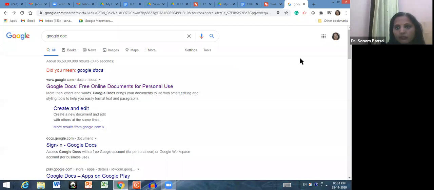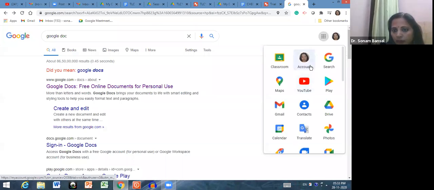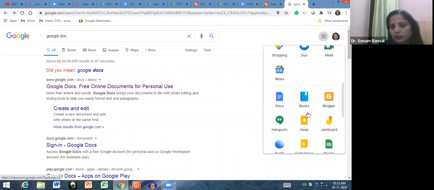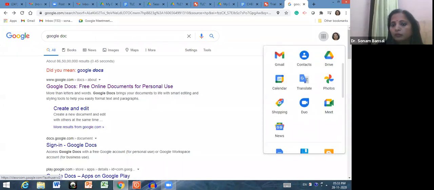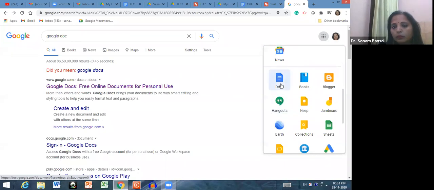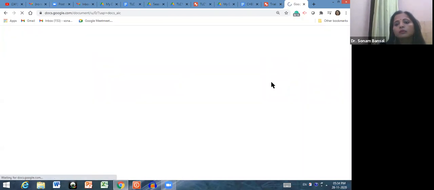You have to sign in first. Go to these nine dots of Google apps and search from here. See, this is Google Doc. Or you can go to your Drive and open Google Doc. So you can open this Google Doc directly also.